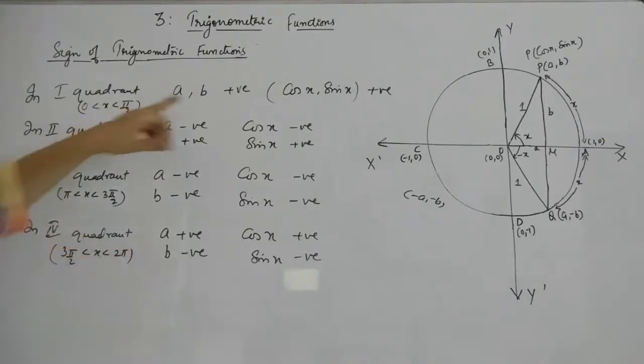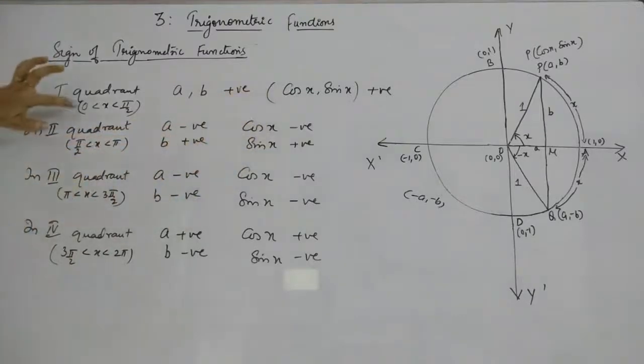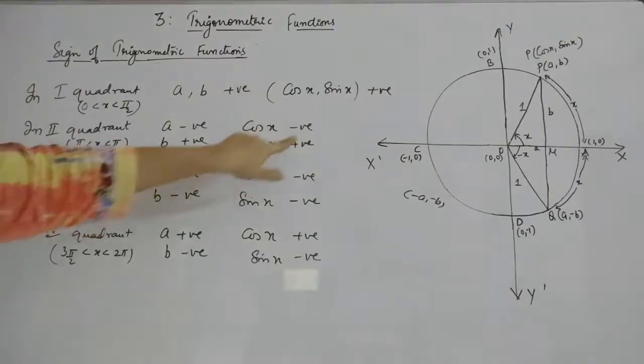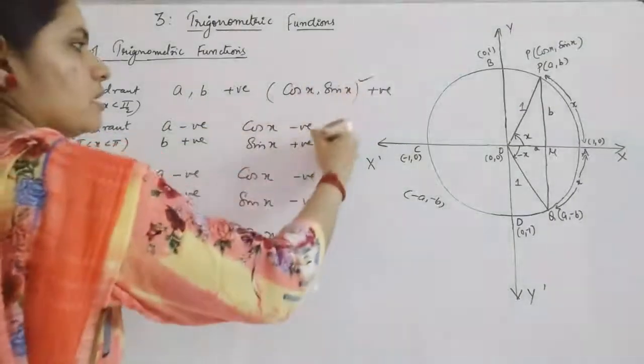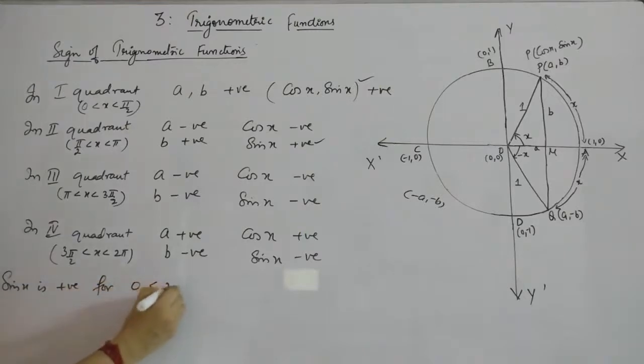Now we can just go through the values, that is cos and sin, where they are positive and negative. For 0 to pi by 2 and pi by 2 to pi, you have sin positive. For both of them, sin is positive. That means I can combine and write that sin x is positive for 0 less than x. Combining these two, I get x less than pi.